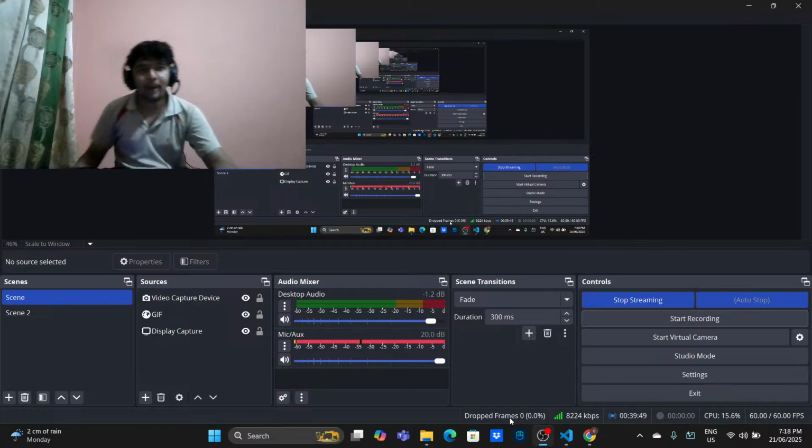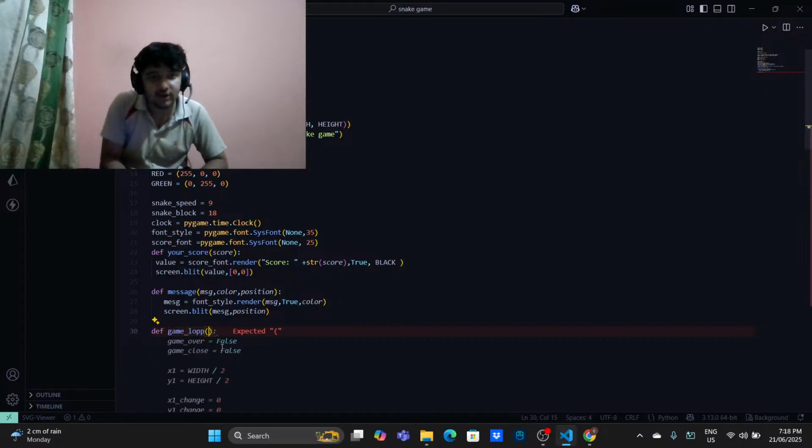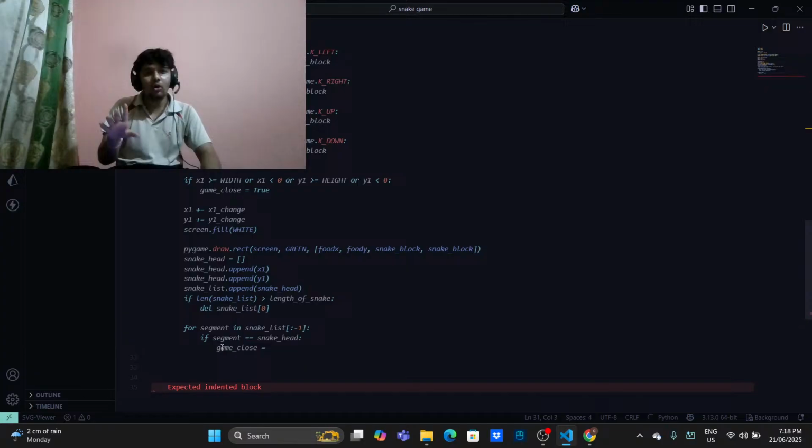What that particular def game loop does is, let me just close it with the colon. Yeah, what it does right now is that all of the